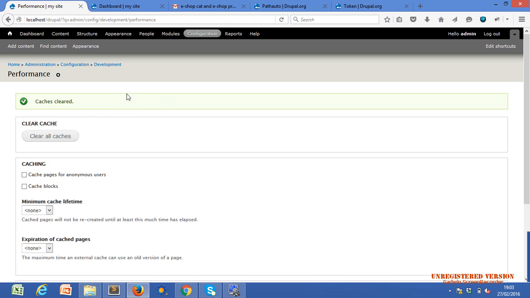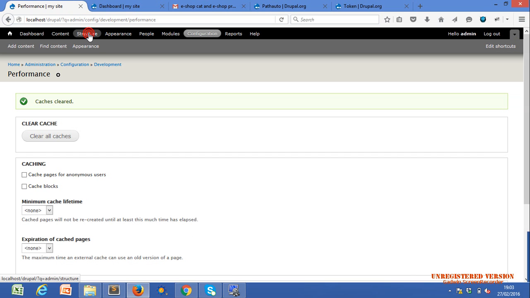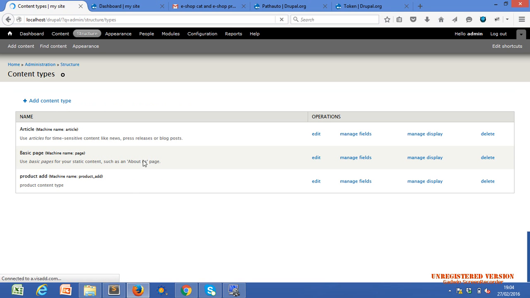Yeah, cache clear. Now structure, no, not this structure. I think. One second. I'm kind of confused where this functionality appears, because in the different themes this functionality appears. Article, basic pages.